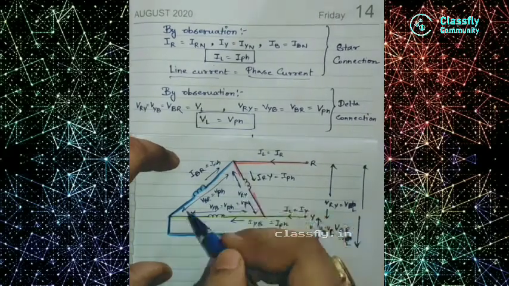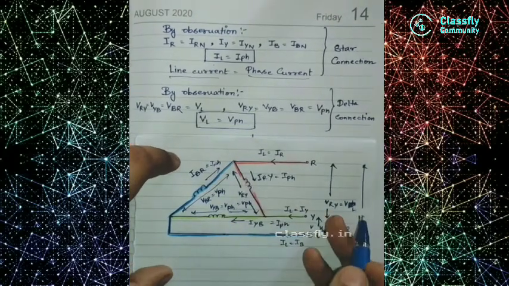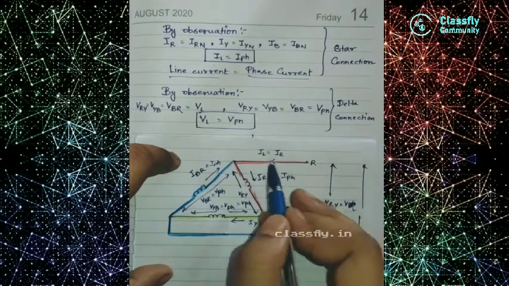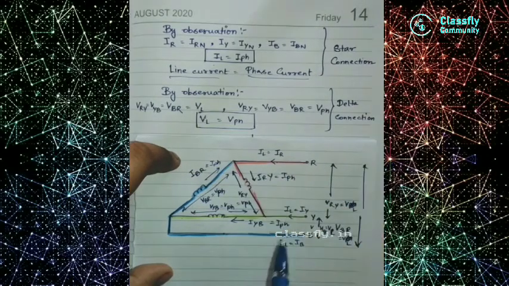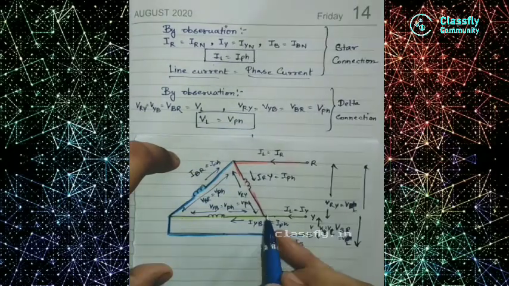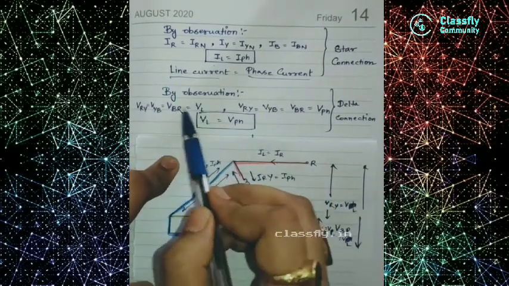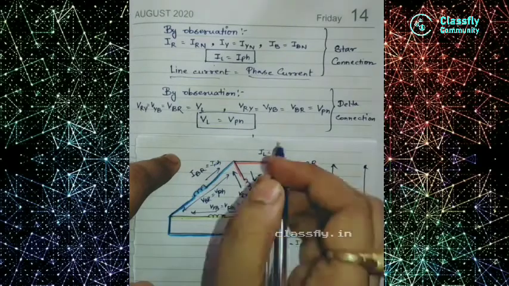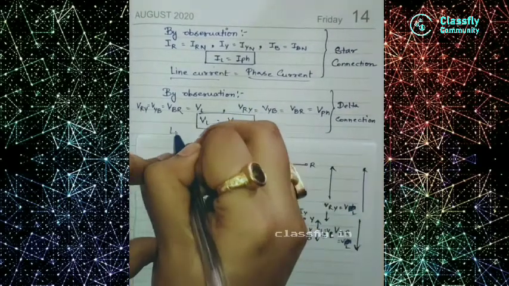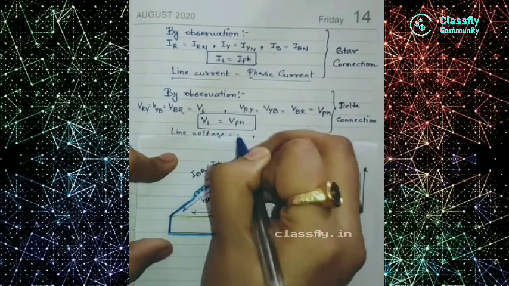So our phase voltages at the respective lines will have the voltages. So you can see the voltages are here. So respective voltages will be like this. That means from here to here, for R and Y, for YB it is here. Similarly for RB it is here. That means VBR and VYB. That means for both, the line voltage VL and the phase voltage are similar. That's why in delta connection we can say that line voltage is equal to our phase voltage.